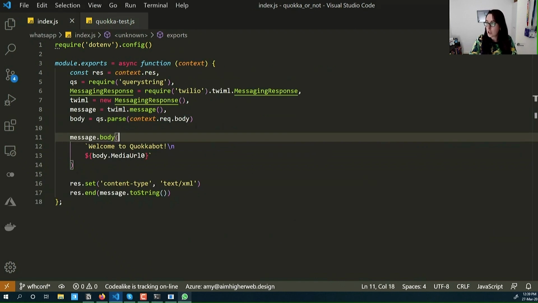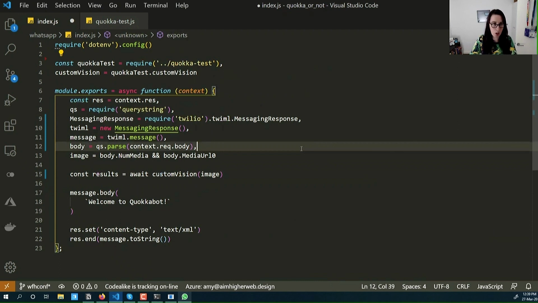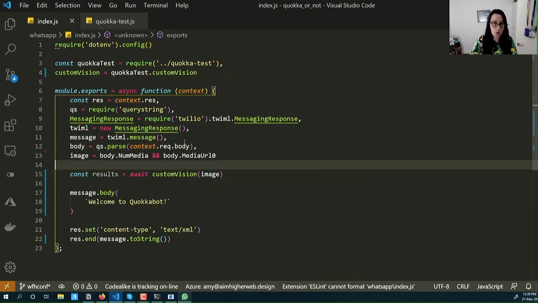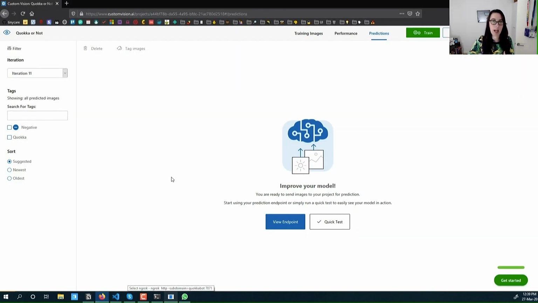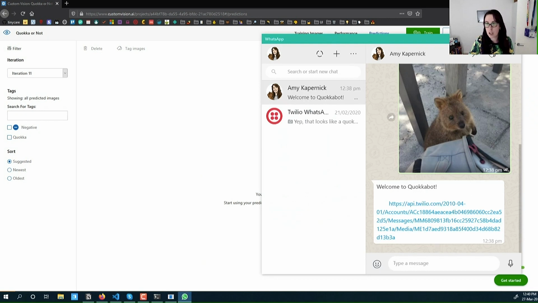I'm then going to use this function in my WhatsApp function. And here, when I get the URL of the image, first of all, I'm going to check whether or not someone has actually sent an image, and I'm going to get the URL of the image, and I'm going to send that image through to the Custom Vision API. Now, if we have a look here, this is the dashboard for the Custom Vision API, and here I can see all of the images that have been sent in, which at the moment we don't have any here, until I send through. Now, if I send it an image again,